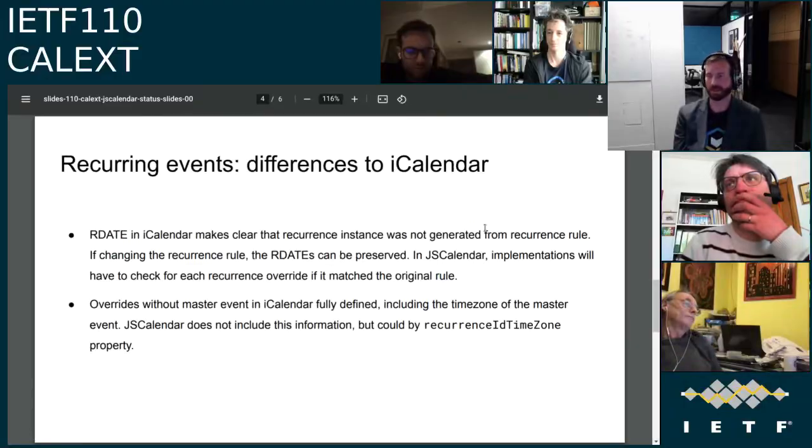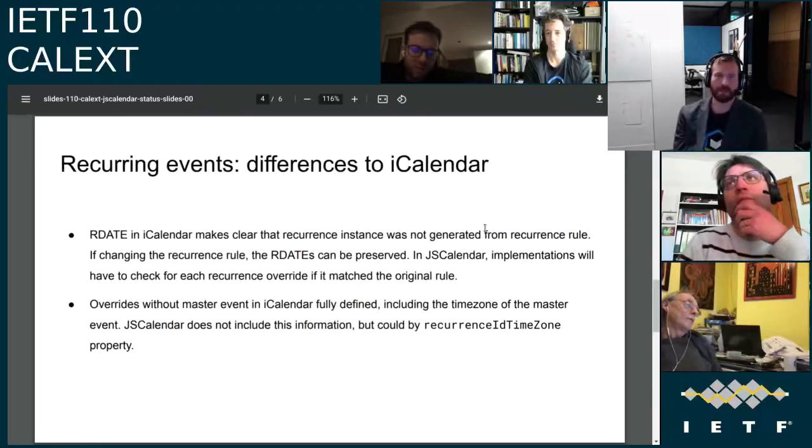Then you change the RRULE to say, actually, we're just going to make this meeting the third Tuesday of the month every time, and then you go, actually, no, we're going to change it back. Does that recurrence disappear because it existed or not? How do you know which recurrence overrides to remove?